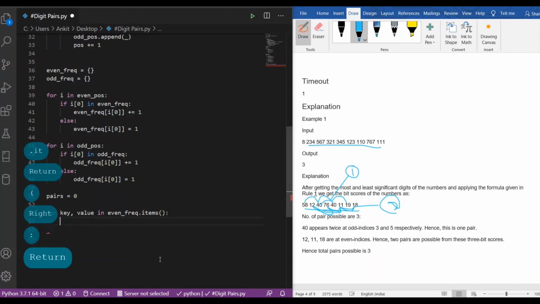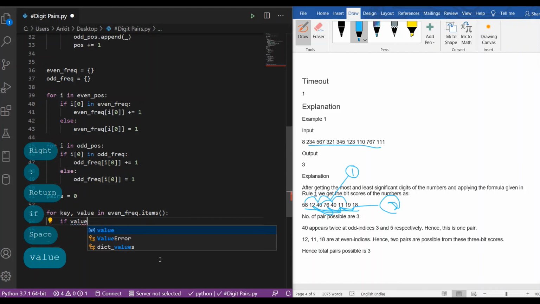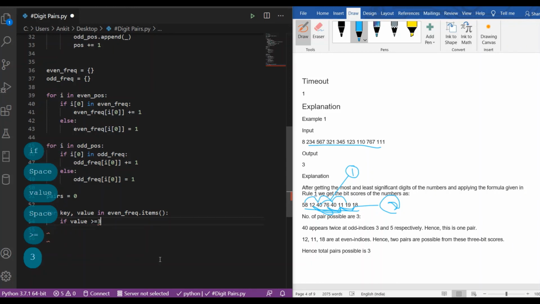Now if the value is greater than or equal to 3, means the most significant digit is repeating more than two times, it will form only two pairs. So we will increase the number of the pairs by 2,